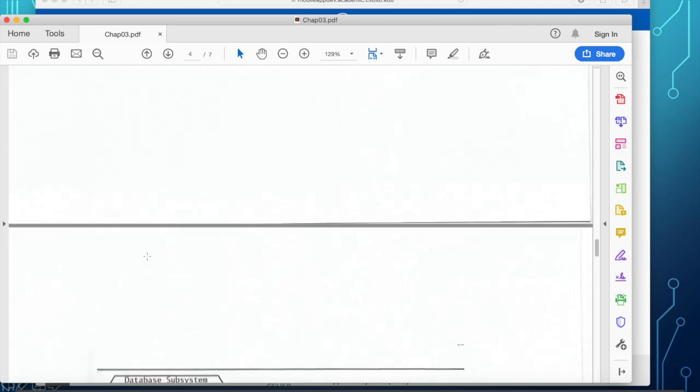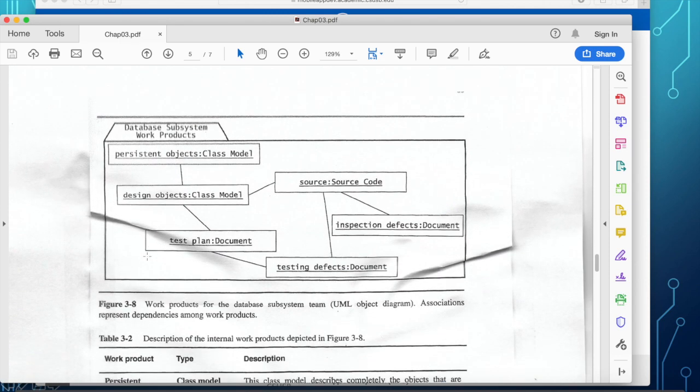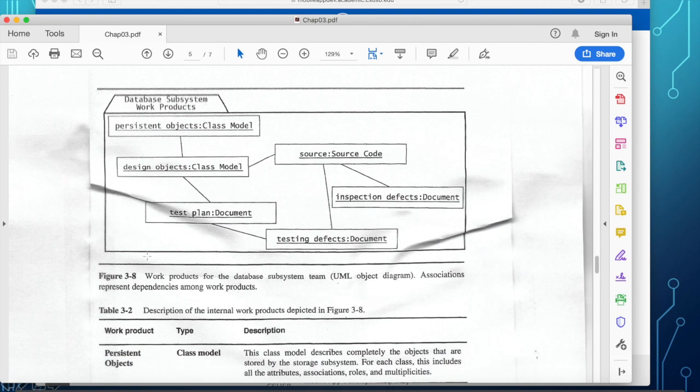Okay, all right. Now we talk about the package diagram from the previous chapter. So here you see the work products that are being produced in a database subsystem.